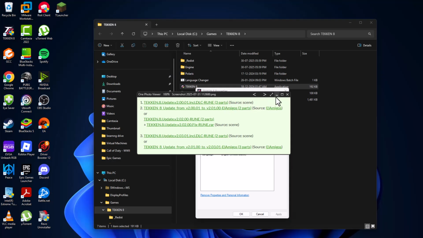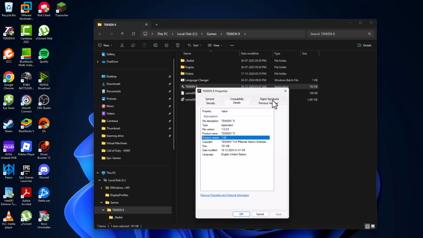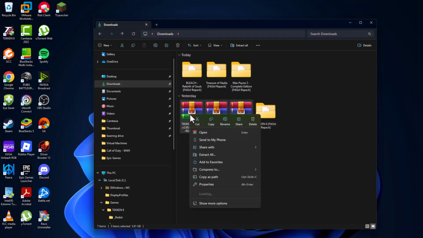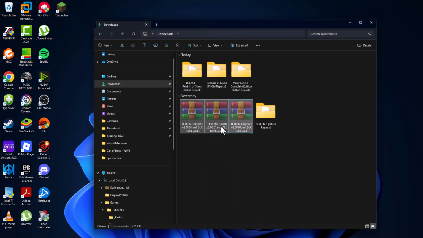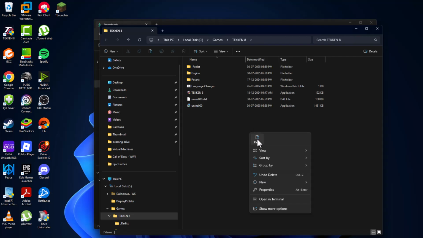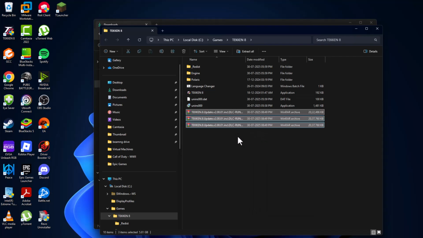Now I will show you guys how to update it. Just go to downloads, copy all these three parts, just right click and select the cut option. After doing it, right click on the game and select open file location. Paste the files we copied. After pasting it,